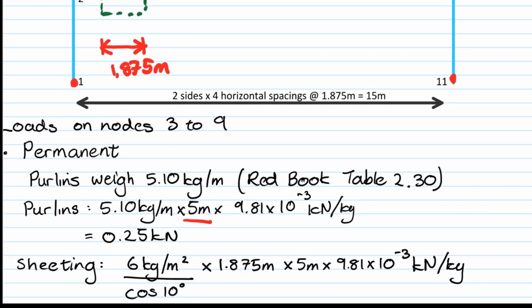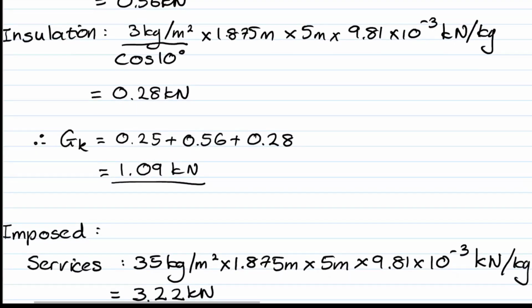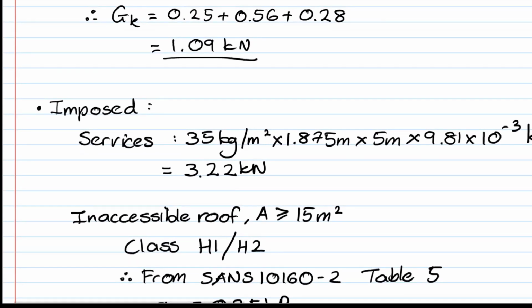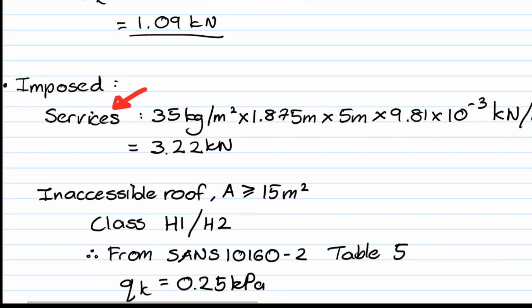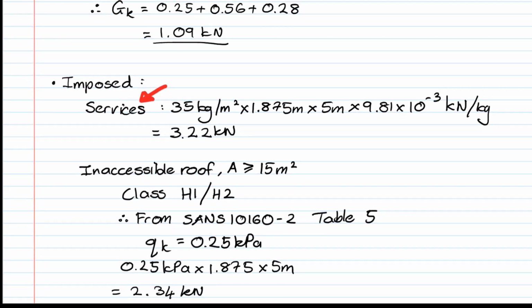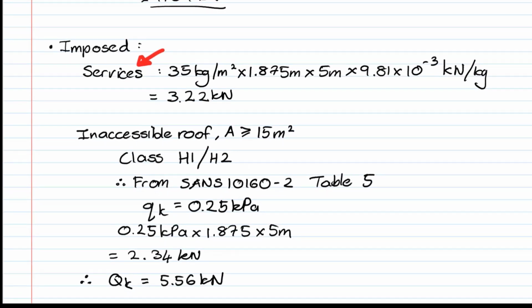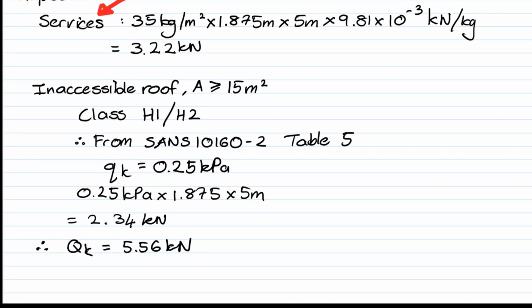So coming back to where we have our calculations, our imposed loads, services, and then I've noted how I have broken the rules with the services and treated it as an imposed load, but this is going to give me higher loads because I'm actually going to have to use a 1.6 factor for it. Then an inaccessible roof, it's what we are designing, the portal frame, is greater than 15 square meters. If we were designing one purlin or a small area, we might need to adjust this load, but we're designing the whole portal frame. It's an inaccessible roof from class H1, H2, so I'm just going to show you that